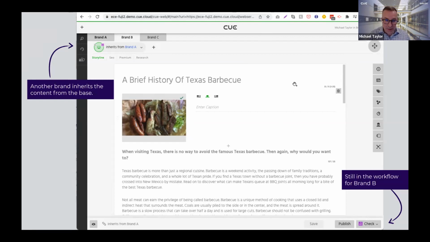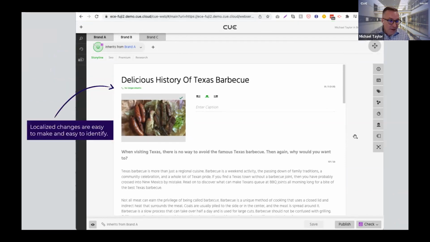Any and all changes. But what if in brand B, and notice we have a different workflow status on this, what if brand B, by the style of that product, needs to be differentiated somehow? We need a different headline. Well, Q is ready for that. And the UI, the interface, is clearly distinguishing that for the journalists looking at this. This headline that's no longer dim, that we've changed, no longer inherits, but the rest of the content does and can carry over. So these localized changes can happen on the individual element level, including paragraph by paragraph through this